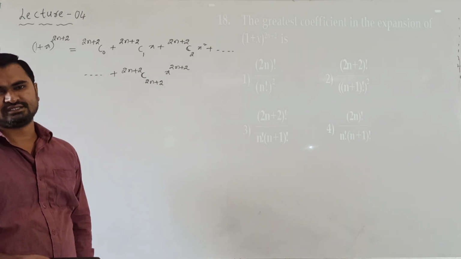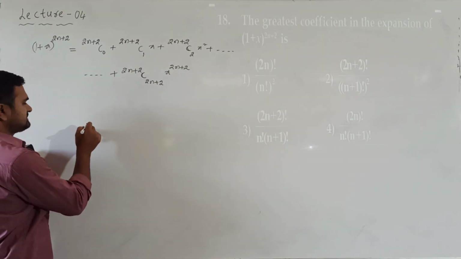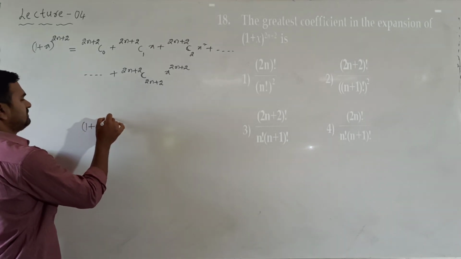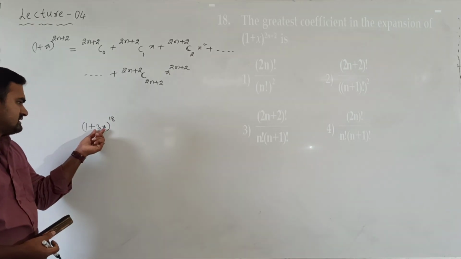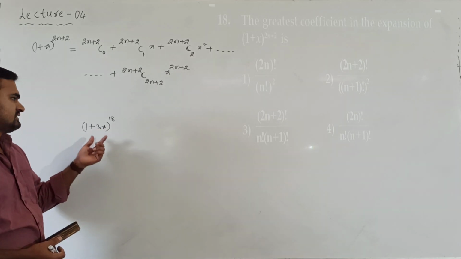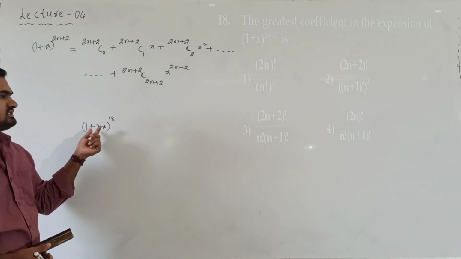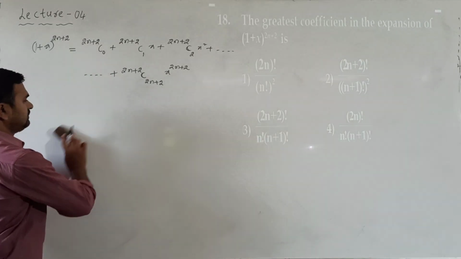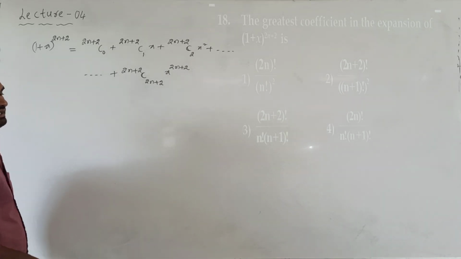It may not be true in all cases because here there is no other constant term. Suppose the expansion is given like this, (1 + 3x) whole power, some number is given, 18 like this. Now in this case, we have the constant term 3. Okay, so this will be present in each of the terms. So in such a case, can we say that the greatest coefficient is the binomial coefficient? No, in this case we cannot say because we have to include the 3 also. But here there is no such coefficient, so except the binomial coefficients, there are no other constant terms.